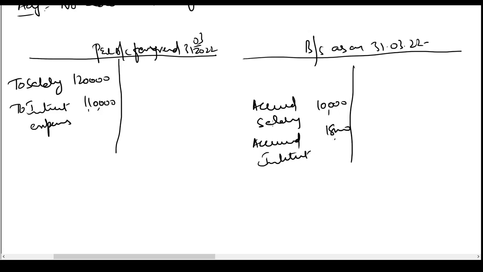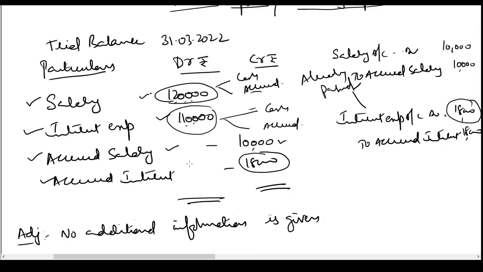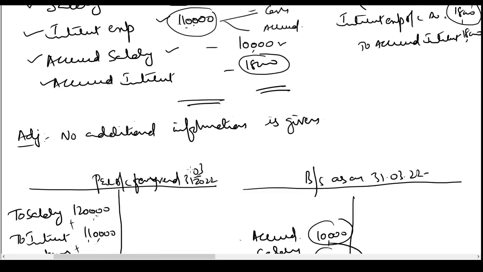18,000. Now the question arises, should we add these amounts again in the P&L account? The answer is no, because these amounts are already included in these expenses. So these expenses have been arrived after including both expenses paid in cash and also the accrued amount. So they need not be added once again. These entries have already been passed. The impact has already been taken in the trial balance. So we are not going to show a double impact.